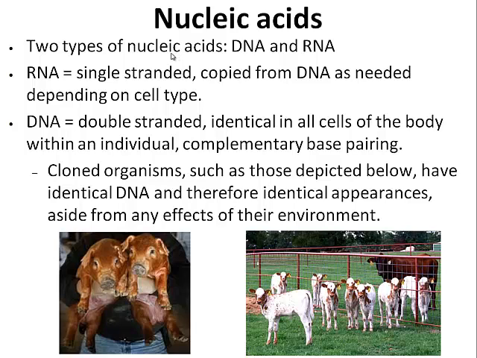And so, for instance, you can ask the question, why does a liver cell look different than a nerve cell? And the answer is that different parts of the DNA are read and copied into RNA and then made into a protein. Now, this is an idea that we're going to get to, and a very exciting idea in biology in a couple chapters. But for now, I think it's sufficient to say that we read the DNA, turn it into RNA, and then that message that's formed in the RNA goes somewhere else and does something else inside the